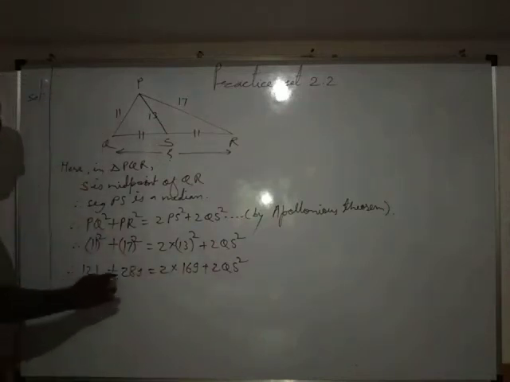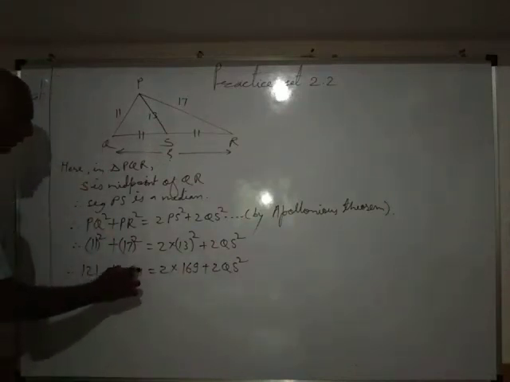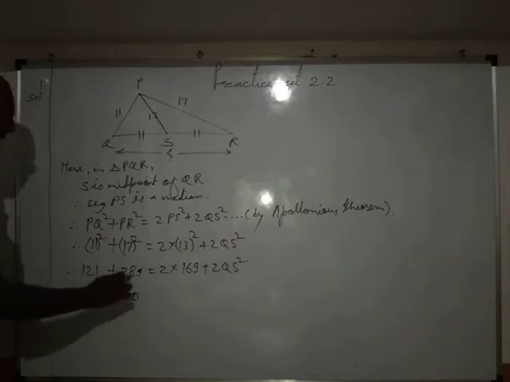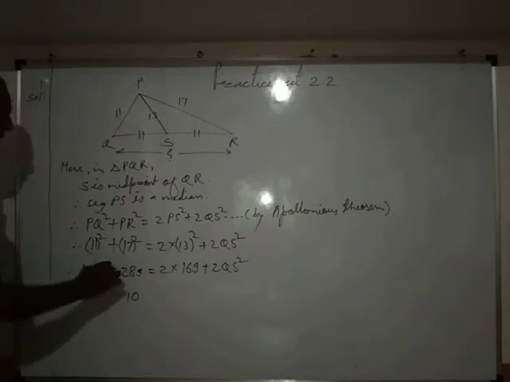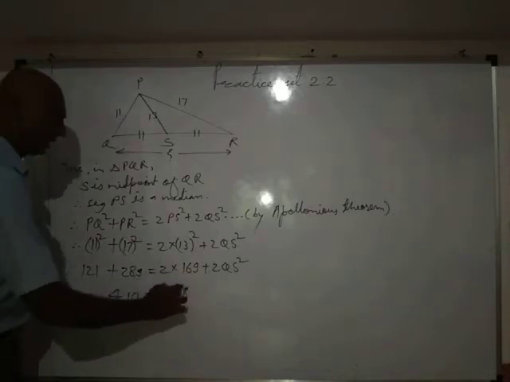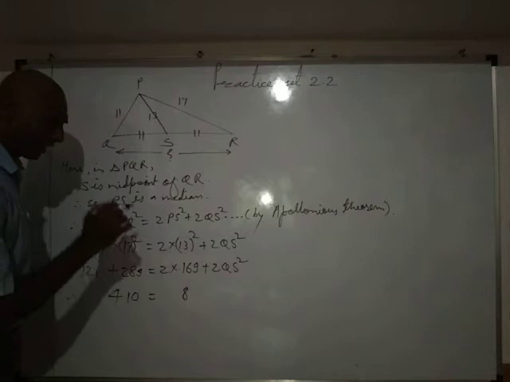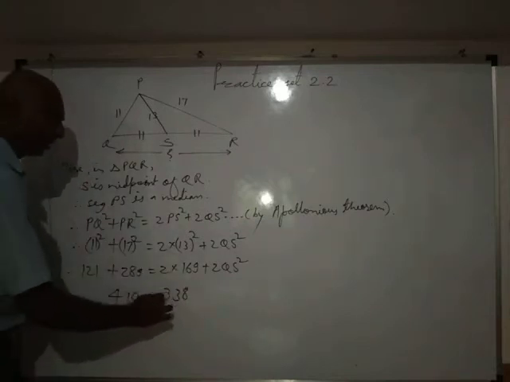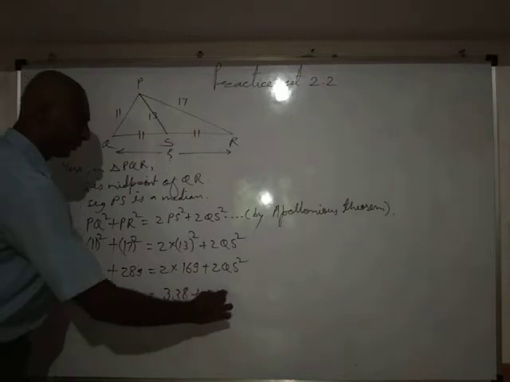Now the addition of 121 and 289 gives us 410, plus 2QS square,